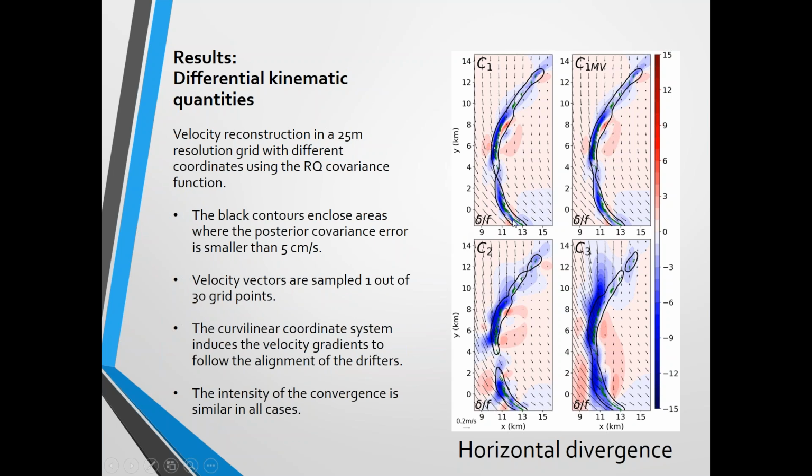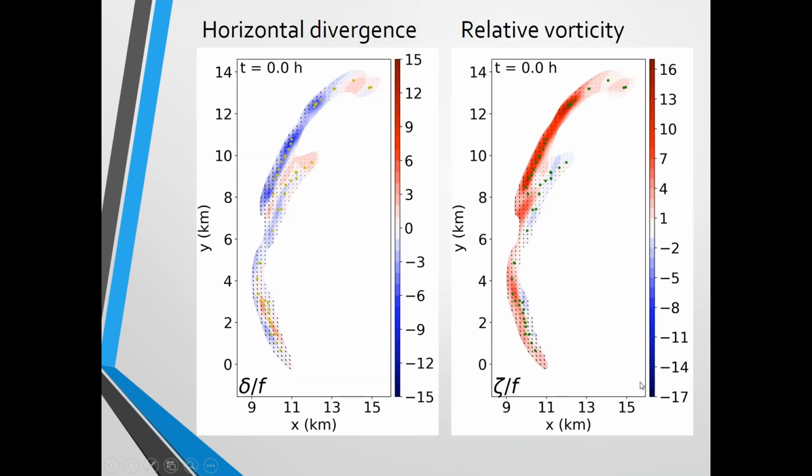So I'll trust the results that are inside that line. You can see that the green vectors are the observations, and the convergence line follows the alignment of the drifters, which does not happen quite as well in the Cartesian coordinate system. On the other hand, the intensity of the convergence zone is similar in all cases, reaching almost 15 times the planetary vorticity. So I'm going to show the evolution of these kinematic maps during the 3 hours for the reconstructions